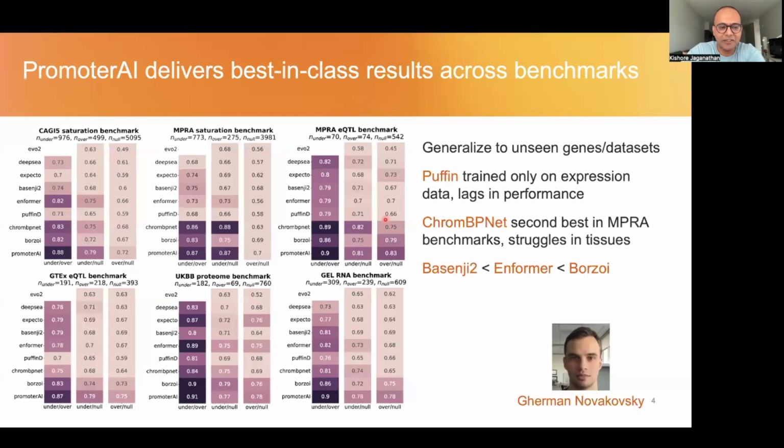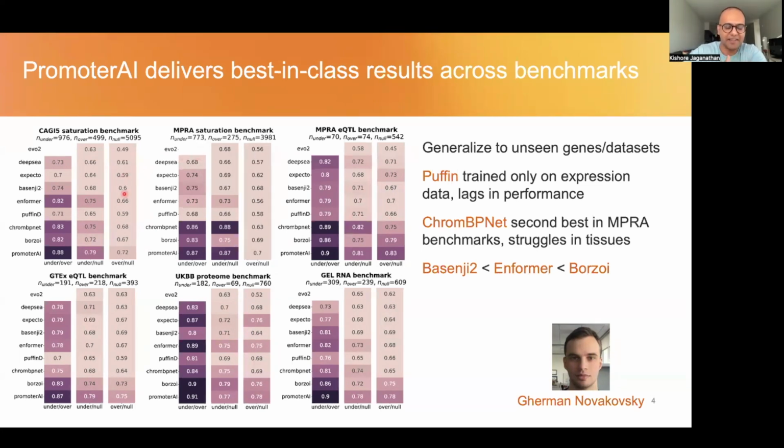So we try to do a 3-way classification. Given a variant, we ask whether the variant increases gene expression, decreases gene expression, or neither. Because standard metrics like ROC or precision-recall are all for 2-way classification, what we do here is convert the 3-way classification into 3 2-way classification problems. Meaning, we plot the ROC for an underexpression versus overexpression classification, or an underexpression versus null classification, or overexpression